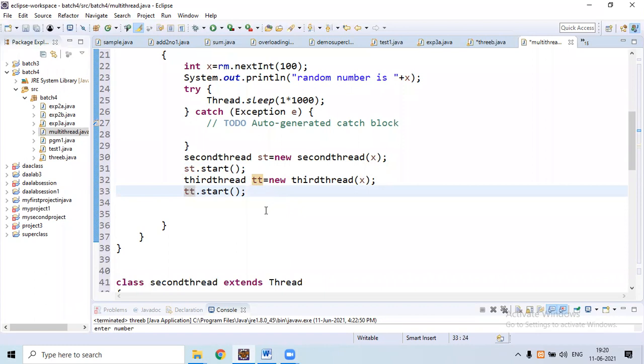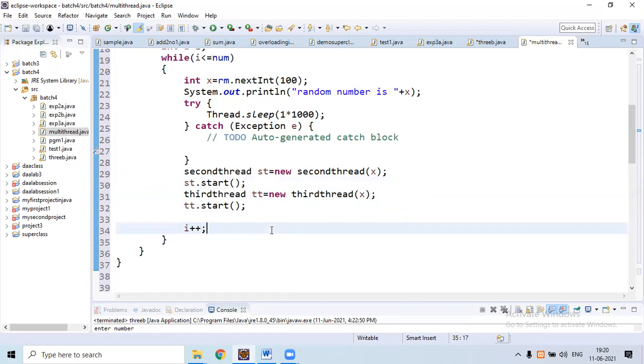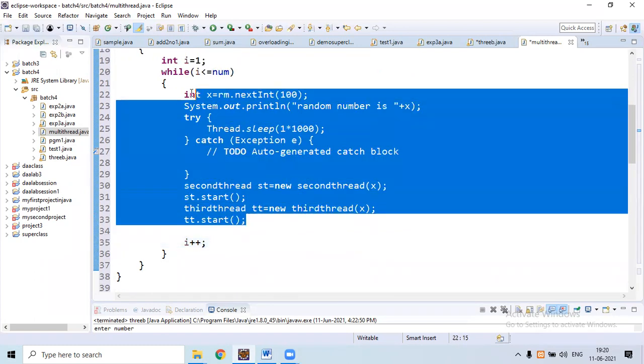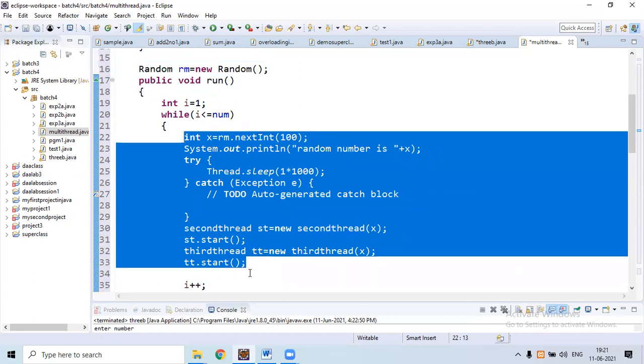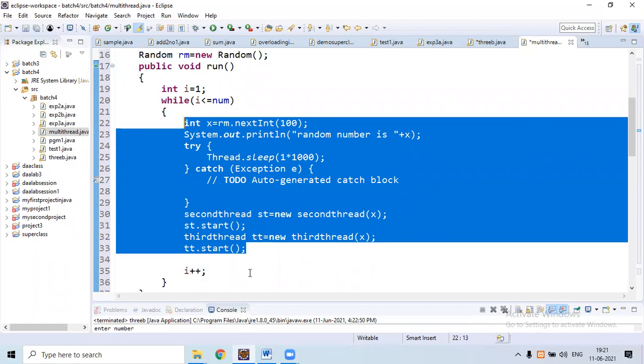Next is to increment I value, here i plus plus. These three operations execute for n number of random numbers.